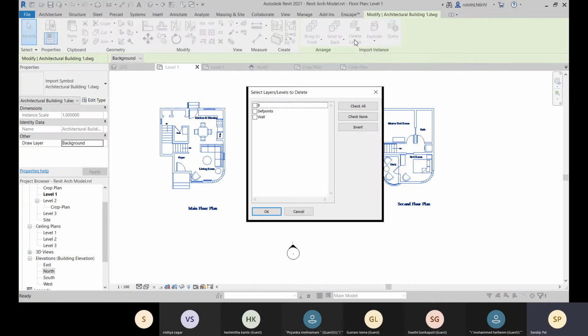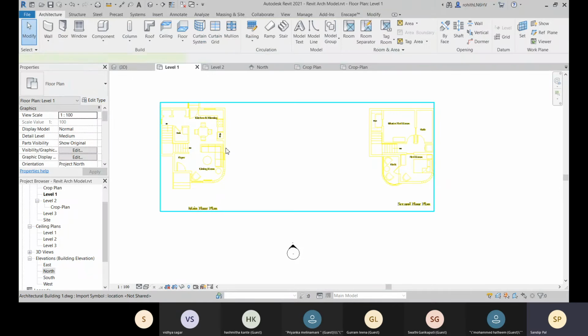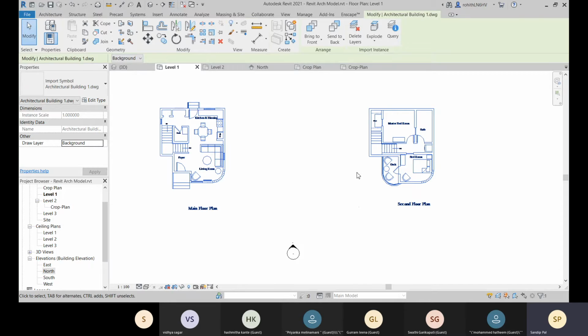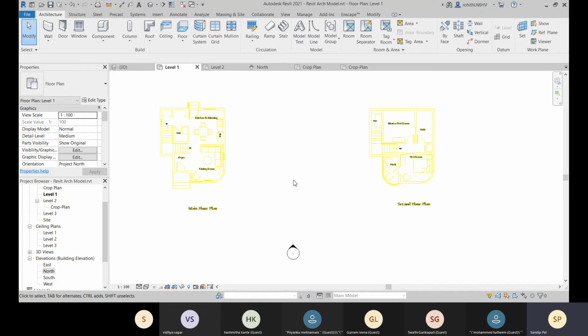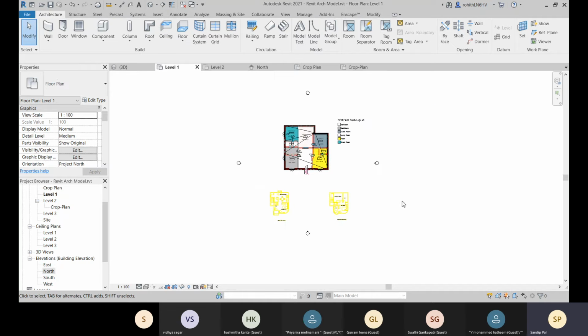Okay, and you can go for this delete layers. Suppose you want to delete these layers, you can go for this. Alright, so now I'm not going to delete any layers. And if you have loaded some more files, which one you want to make in front, which one you want to place in back, you can go for that. Right now we have only one, so that will not affect anything. Alright, if you change anything, it will not see any reflections over there, any changes over there. That's because we just have only one. Alright, so